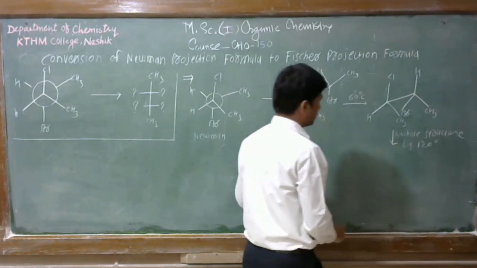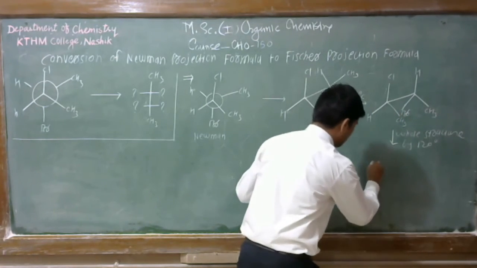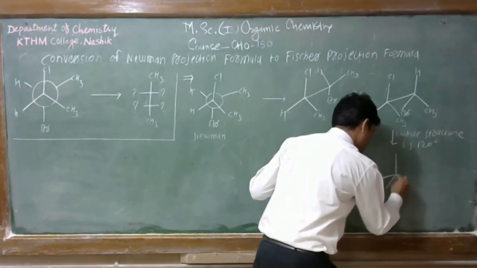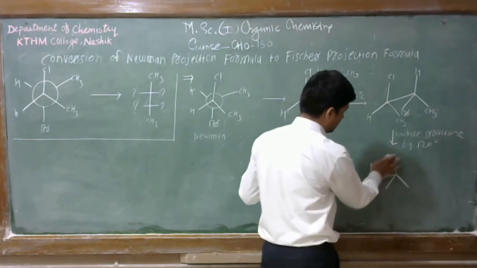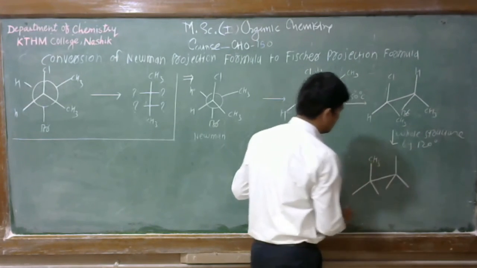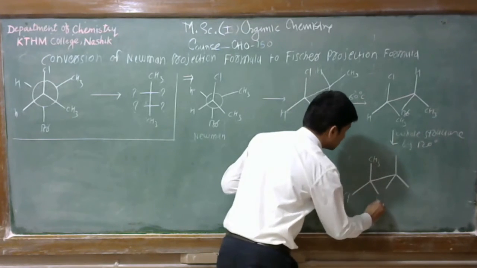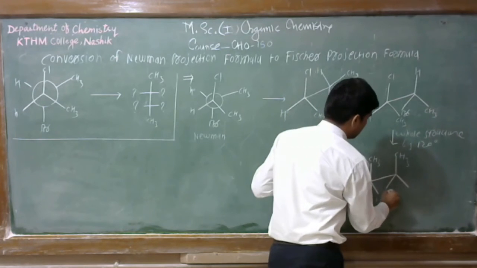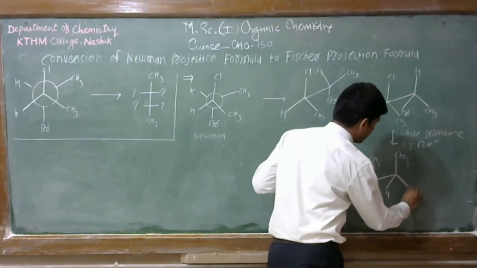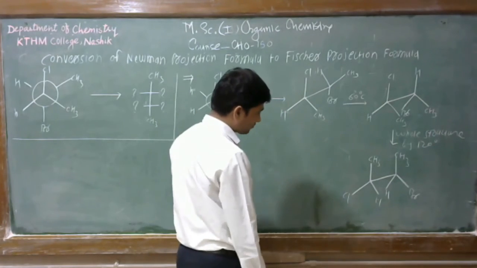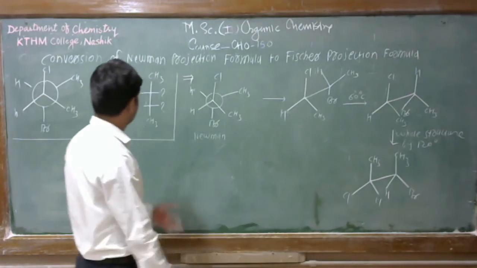Rotate the whole structure by 120 degrees. Then we can write here: when we rotate the whole structure anti-clockwise by 120 degrees, you can see this CH3 becomes here, this is Cl here, this is hydrogen here, this is CH3 on the carbon atom already, this is hydrogen, and this is here the bromine. Now we can write here, see here again,